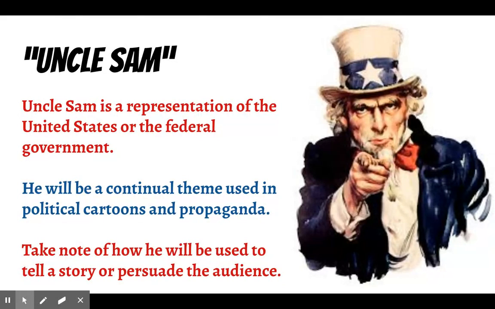But make sure you notice how he's being drawn, because you guys know this picture of him. It's actually from a propaganda poster telling you that I want you for the U.S. Army, you know? But he's going to be drawn in a lot of different ways. So make sure you take note. Does he look old? Does he look young? Does he look weak? Does he look strong? Nothing is drawn by accident. So when we talk about imperialism,